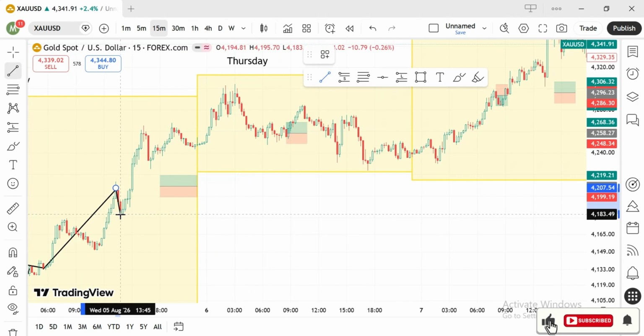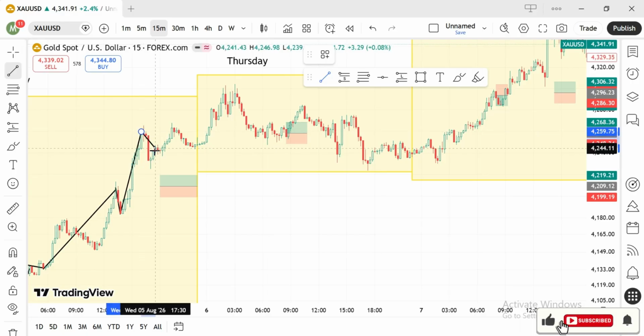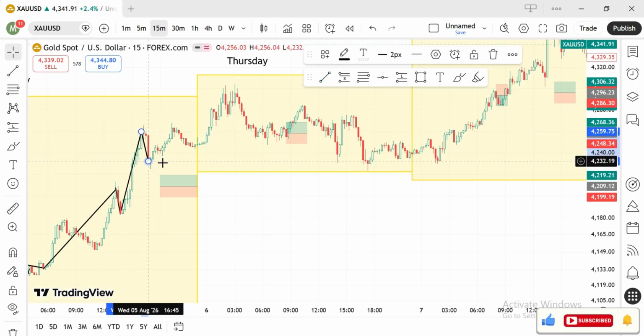So this is how we use the trend line to identify valid market structure. We were unable to take any trade on Wednesday because it was just bullish all through. The trend did not respect the structure. So this is what happened on Wednesday. I'm just identifying it for you, and that was how it